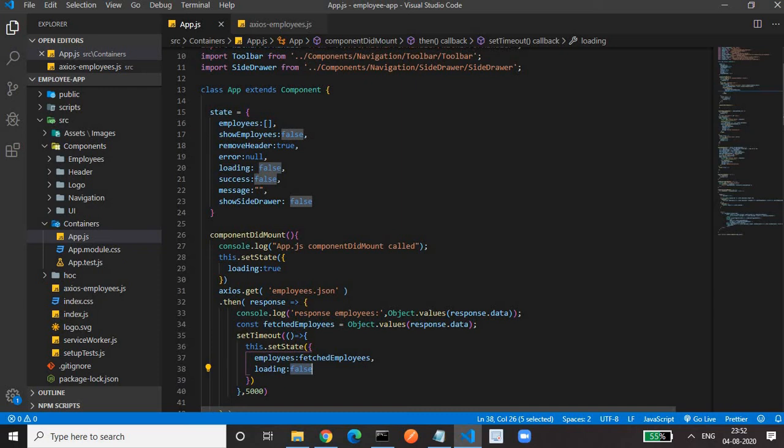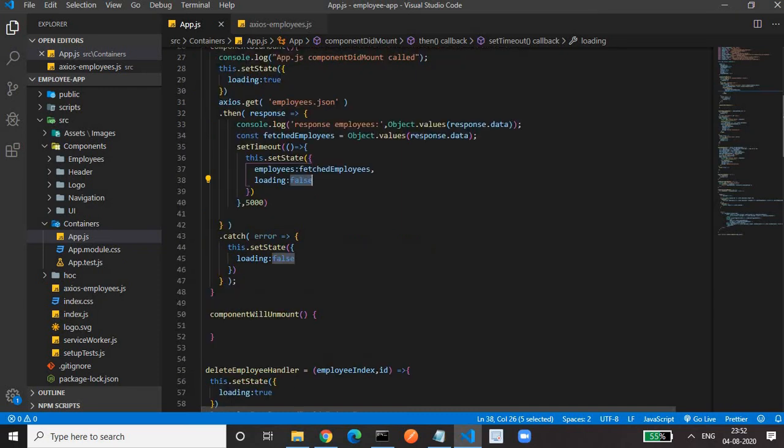Okay. Even this API call sometimes gives some error, like a 500 server error or method not found error. To handle that, we have a dot catch method, which is chained to the then method. In the catch method also, you have to close the loader. You have to make the loader false. Okay. So this is how we can write a get method using Axios.